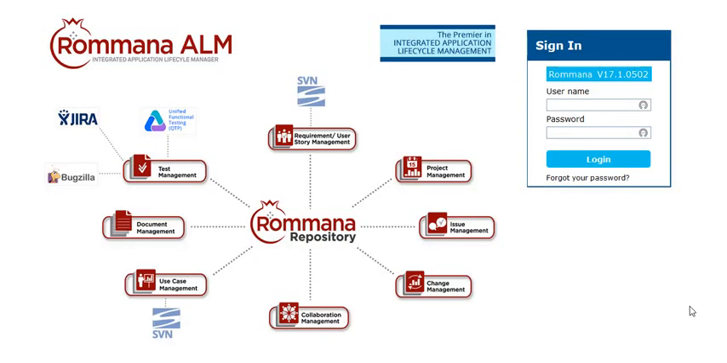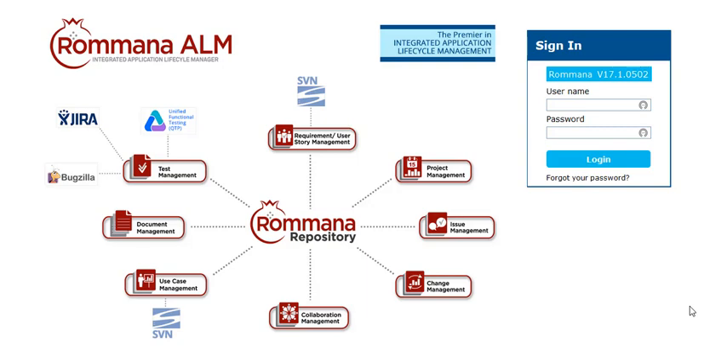In this tutorial, we are going to learn how to define a product or a system or a subsystem within Rommana ALM. The way Rommana ALM works is that you might have any number of products, systems, or subsystems, and for each one of those products or systems, you will have a number of projects. Each one of the projects will deliver features or user stories or requirements, if you will, to a product or